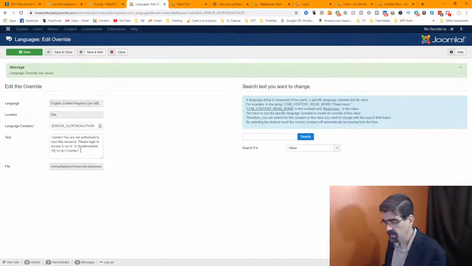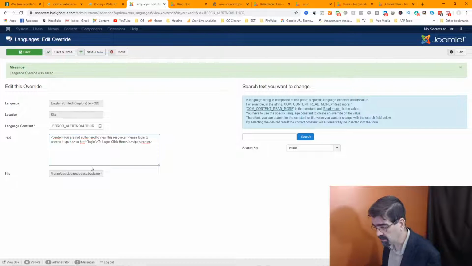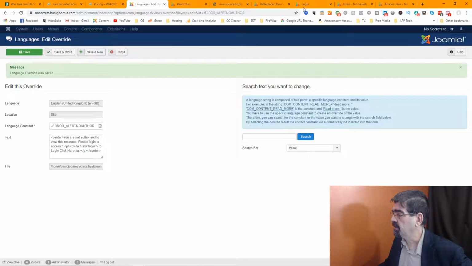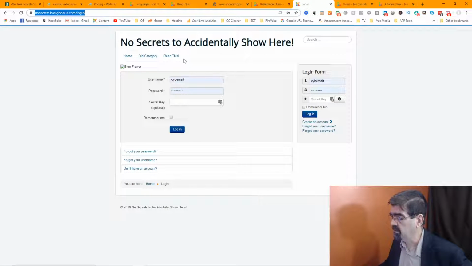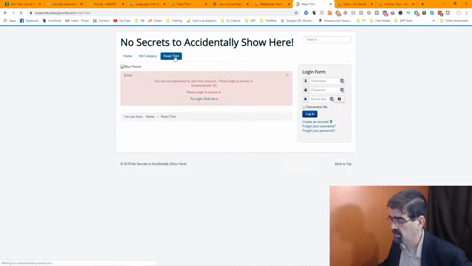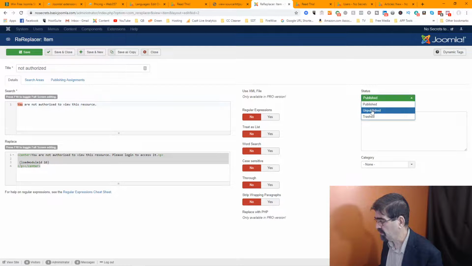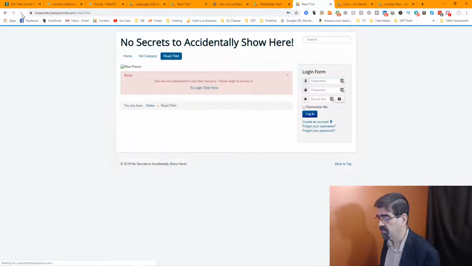Now I'm going to take out this load module ID. Right, and put this link there. We'll save that. Now we'll go back to one of these things here. Come on now, read this. And now we get to log in, click here. Now this is the old replacer thing here, so let's just unpublish that. All right,